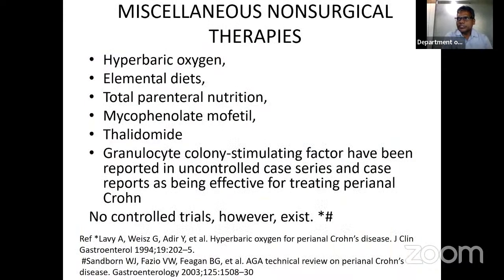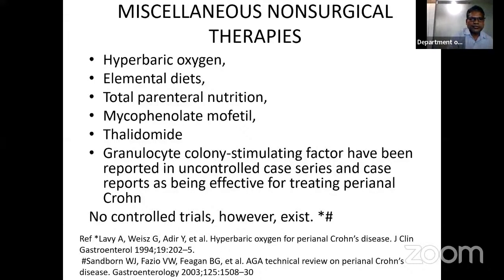Other miscellaneous non-surgical therapies include hyperbaric oxygen therapy, elemental diets, TPN, mycophenolate mofetil, thalidomide, and granulocyte colony-stimulating factors. They have all been used, but have been reported only in uncontrolled case series or in a small number of individual case reports as effective for treating perianal Crohn's. So no controlled trials exist, and therefore they are not recommended or used